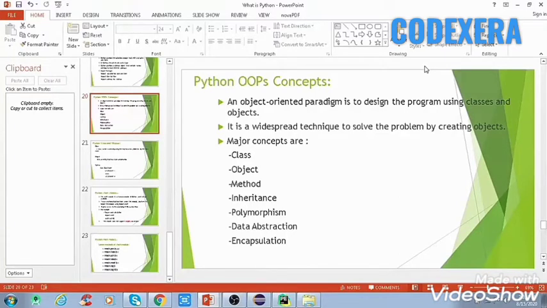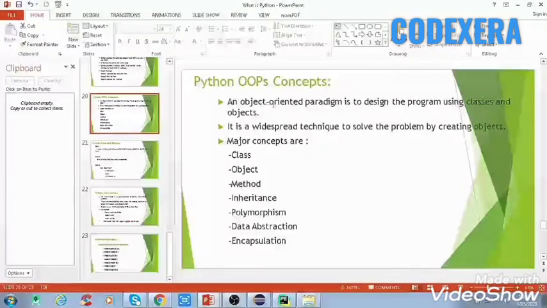Like other languages, Python is also an object oriented language. Since its beginning, it allows us to develop applications using an object oriented approach, and in Python we can easily create and use classes and objects. So in Python we'll create objects and classes, and do programming with the help of them.